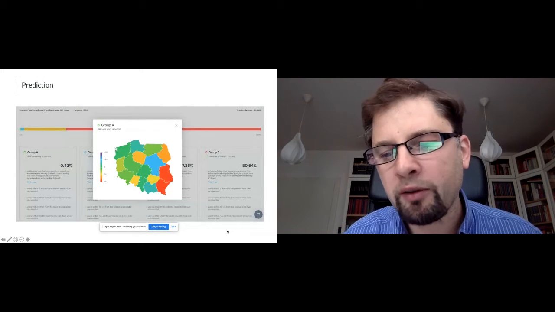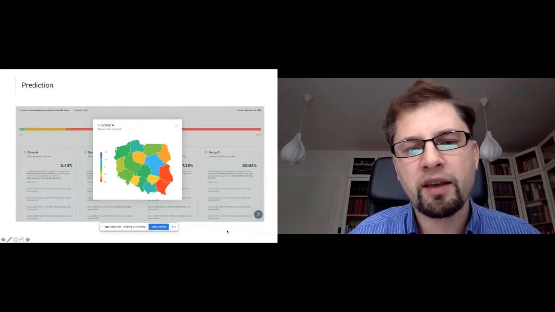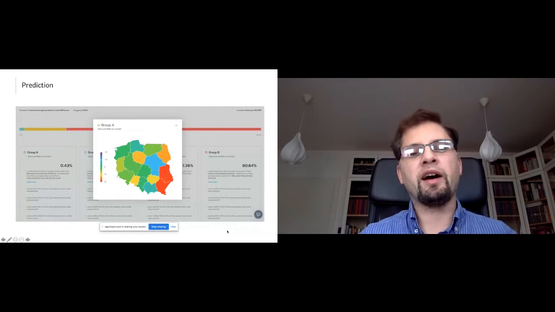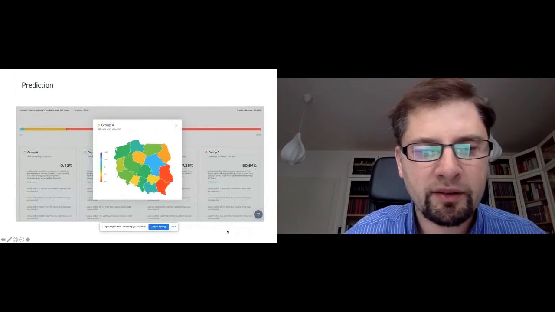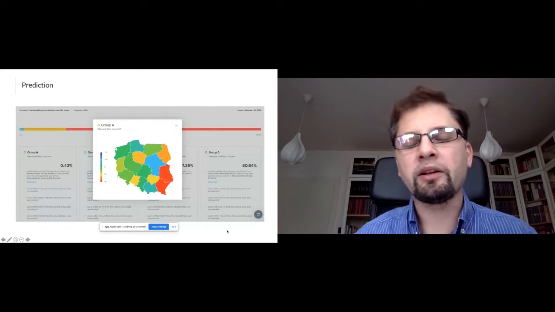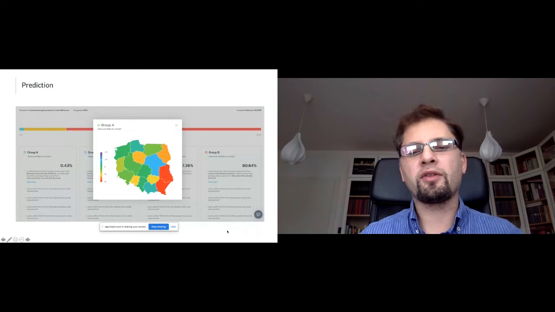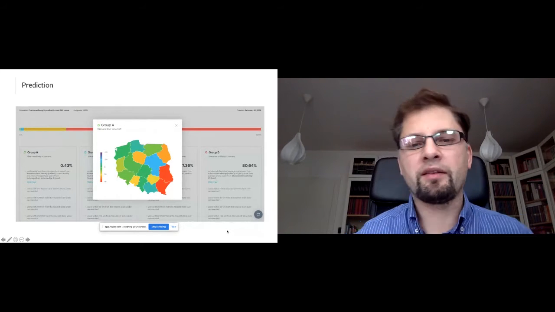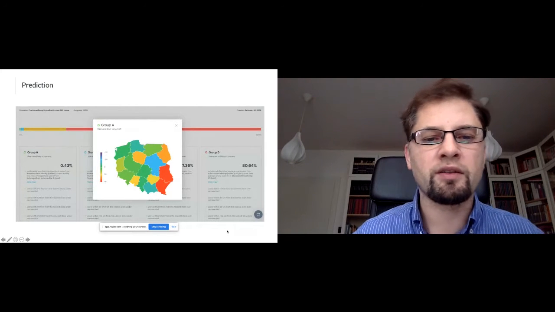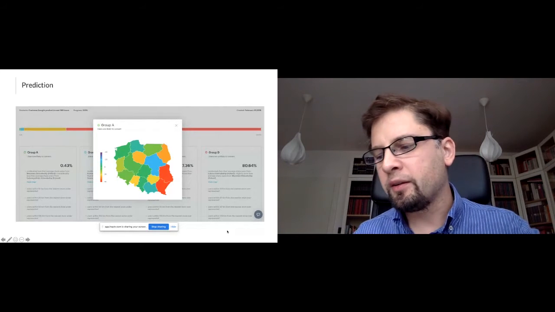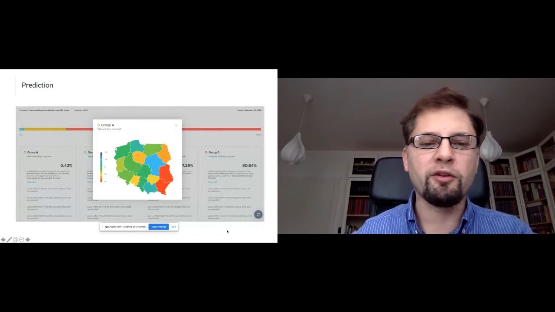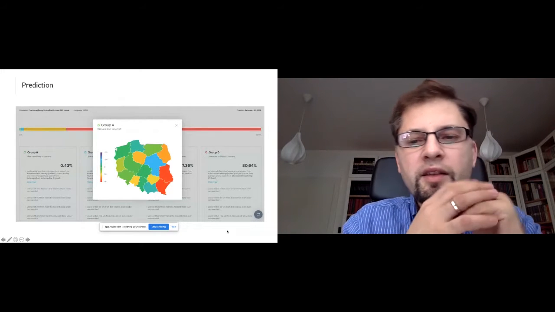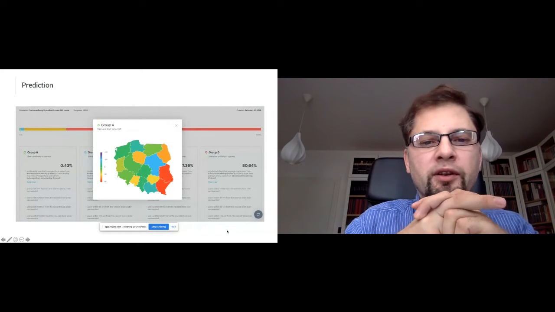You can also create, which is not visible here on the slide, some summaries, because what we are trying to do is not only provide the user with data, like with results, but also to summarize them in an explainable way. So this is also a very important aspect in automation: not only deliver the results, but also present them in a way which is useful to the user.